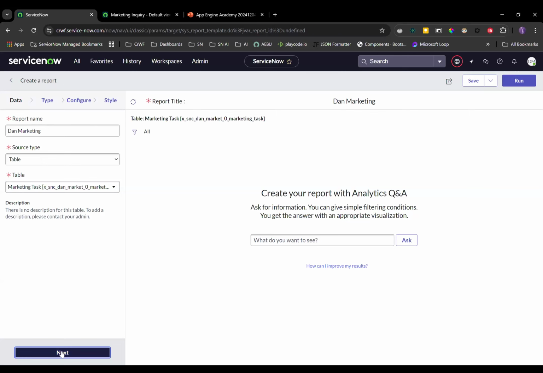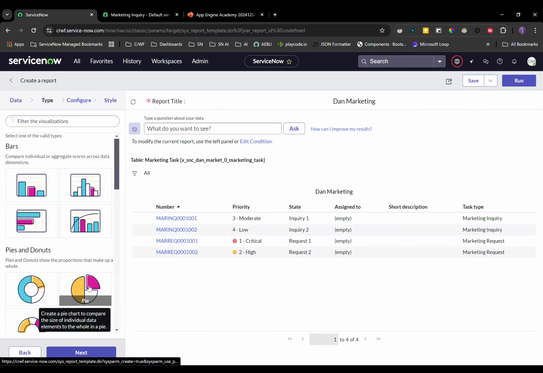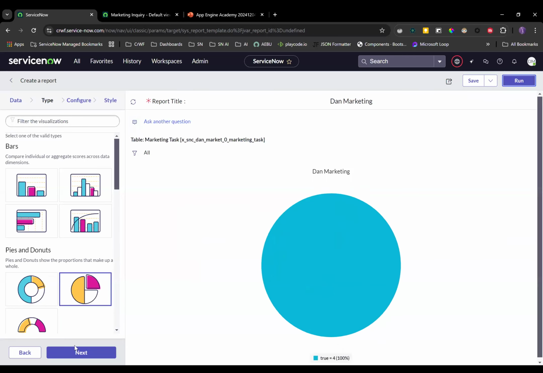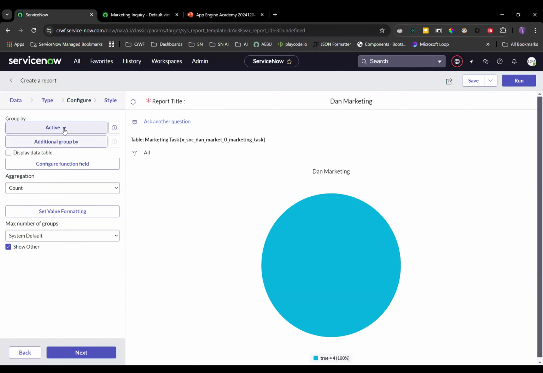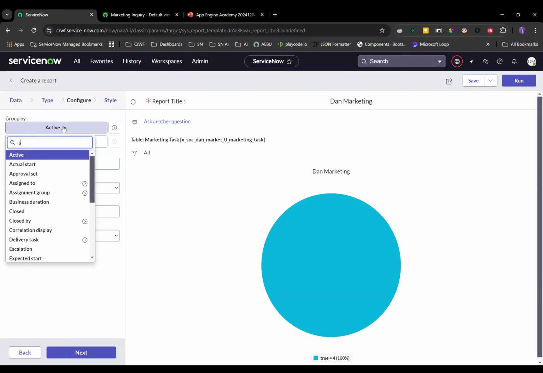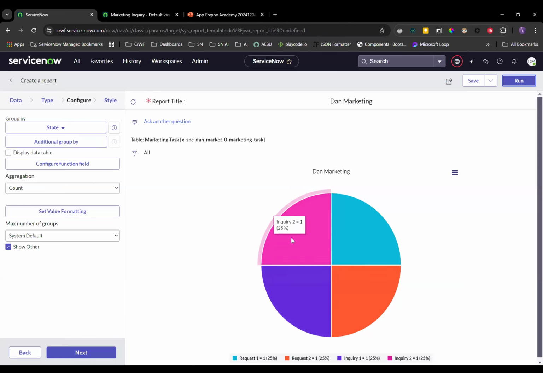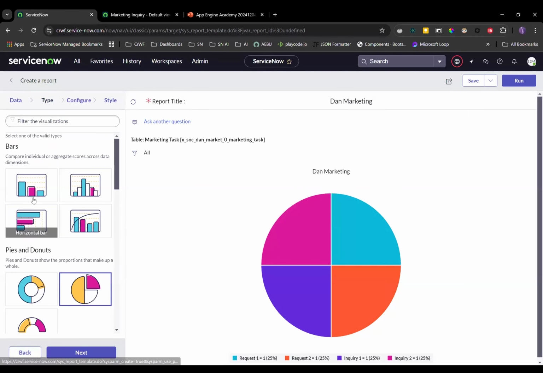So what we can do here is let's just look at this, and then I'm going to do a pie chart. Right, and so if we run this, that isn't what we want. But if we do the group by now, if we change this to state, you'll see here that even though we're reporting off of this parent table, we're getting all of the different tasks that are associated with marketing. You see here, there's inquiry one, there's request one, there's request two, and then inquiry one. And so this isn't particularly interesting, but what we can do if we go back is modify this table here